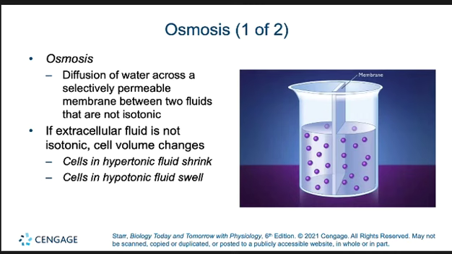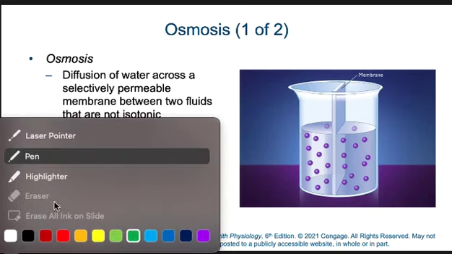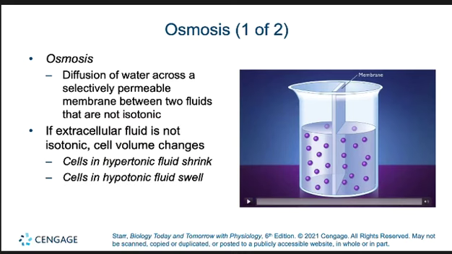Next topic here is osmosis, which is simply the diffusion of water. So let's take a look at how osmosis affects a cell, and it's going to affect it the way that we indicated before. Hypertonic causes the cell or the system to shrink. Hypotonic fluid will cause it to swell. Isotonic, no change. So let's take a look at osmosis.